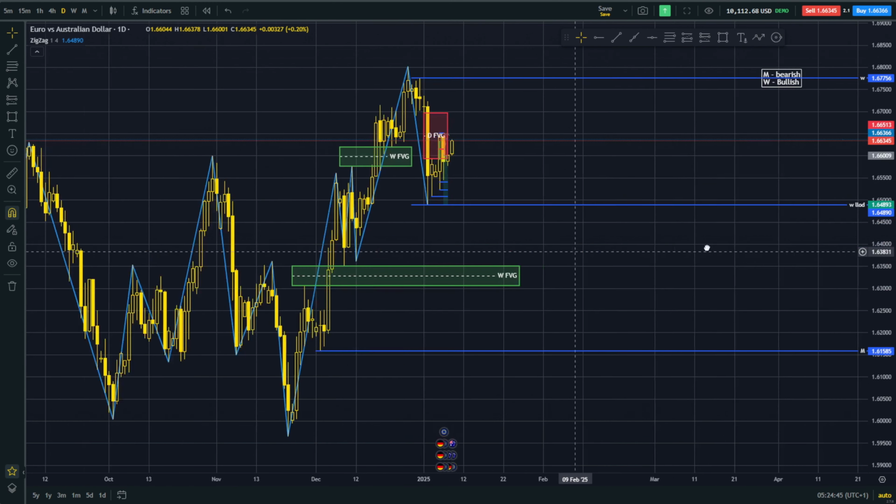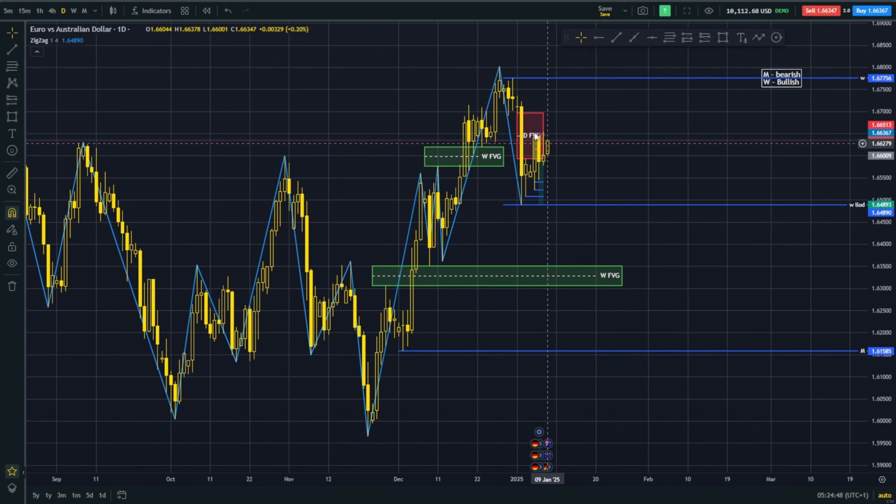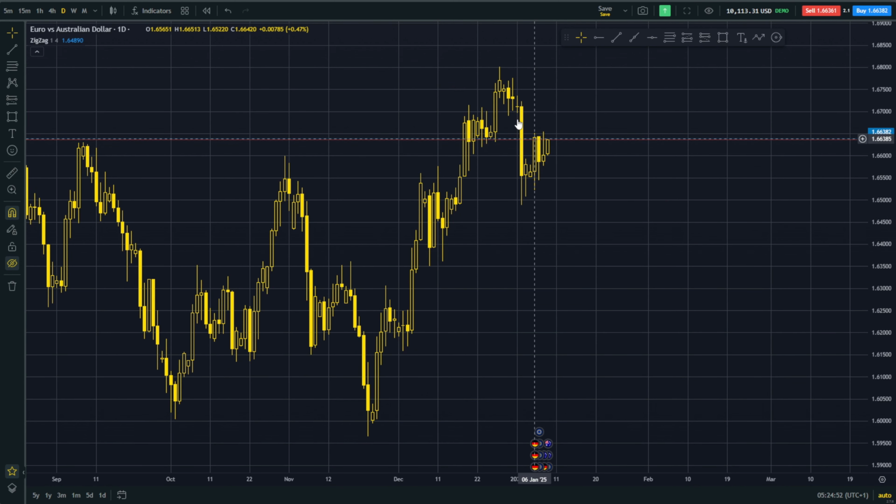This was the daily EURAUD. After such a thing, I think I should hide all of this so that you guys can see it. So after a fair value gap here, it means after this low high, because this was swept, I lost the trade here already, and this was swept. So I felt since this was finally swept, price now wants to come down to this point, find liquidity, and then start to go up.